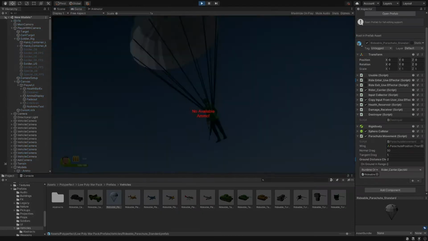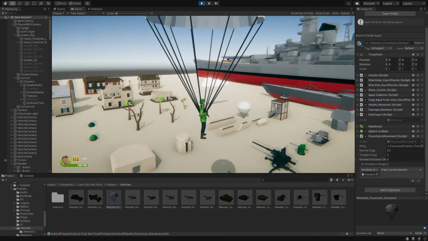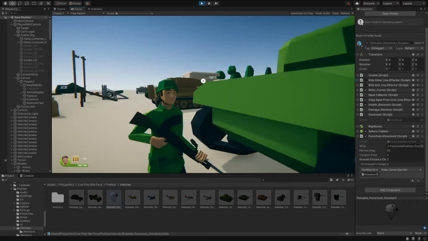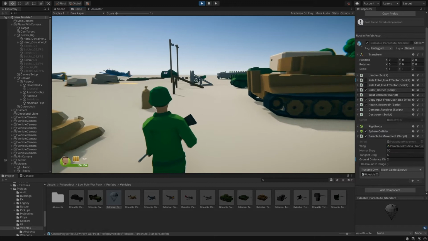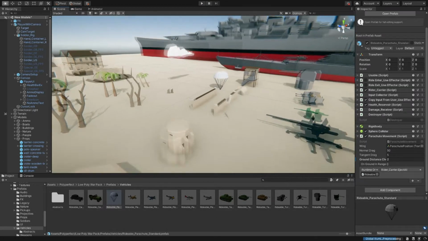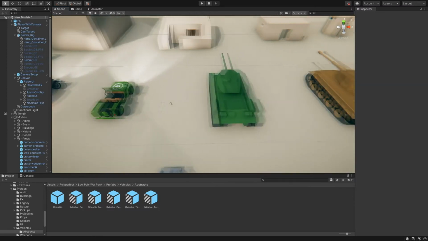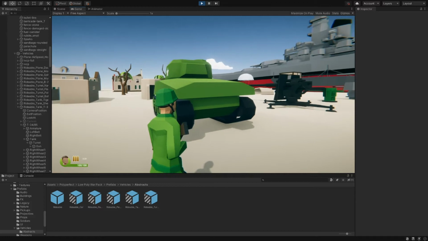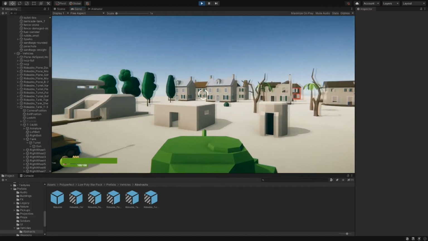In this video, we're going to take a quick look at how the parachute functionality was added to the Poly War Pack. In order to make it so that the parachute takes control of the character's movement, it takes advantage of the rideable system included in the pack, which is used by various rideable vehicles like tanks and cars. This allows the player or other rider to attach itself to a vehicle and have their inputs forwarded to it